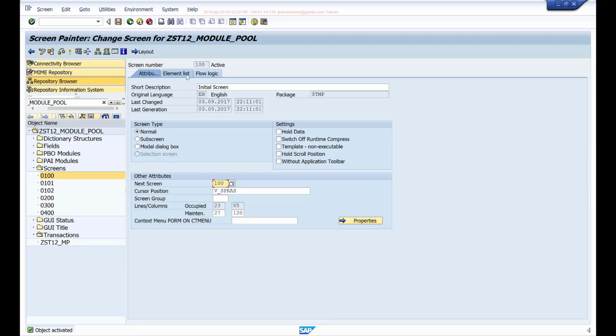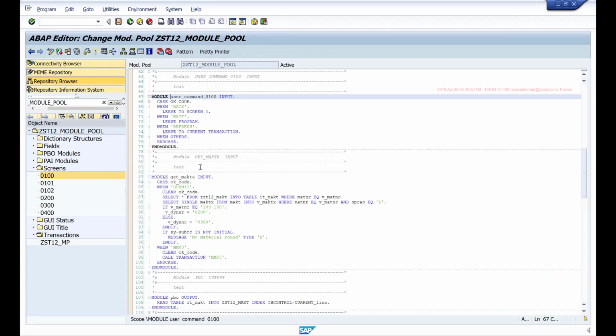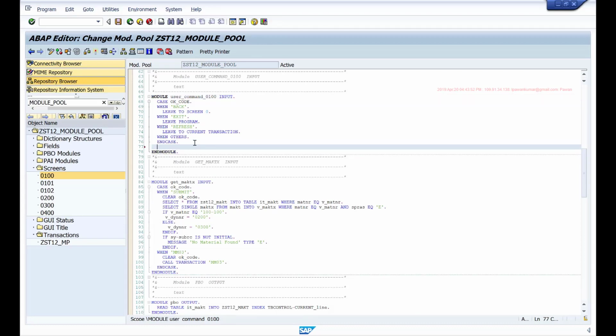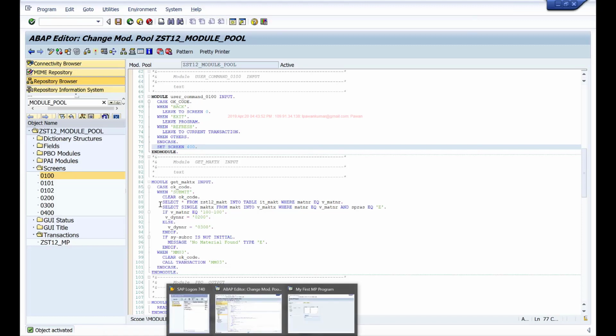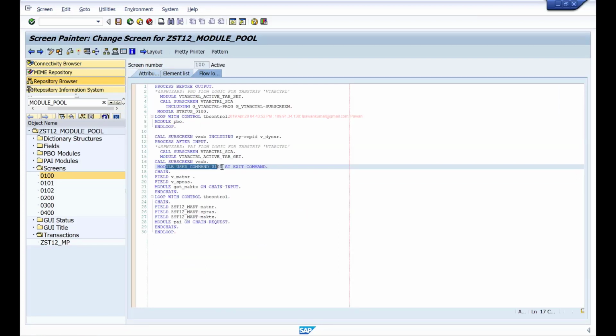So I maintain this here, and in the flow logic of this screen, let's say in this user command, I'll maintain, let's say, set screen 400, then if I keep a breakpoint here in this next module, so after when this module is called, I'm setting the screen.